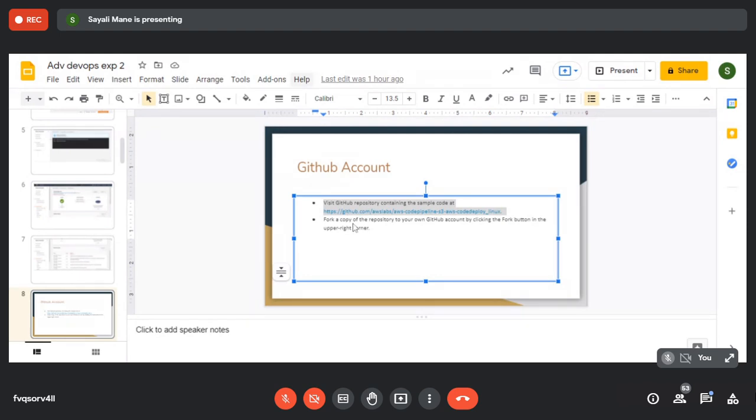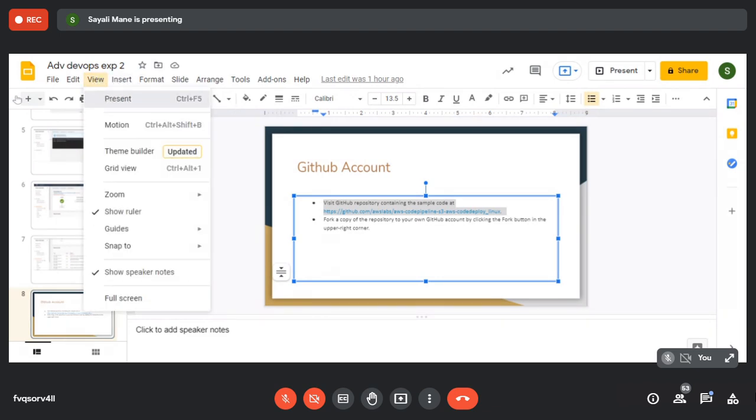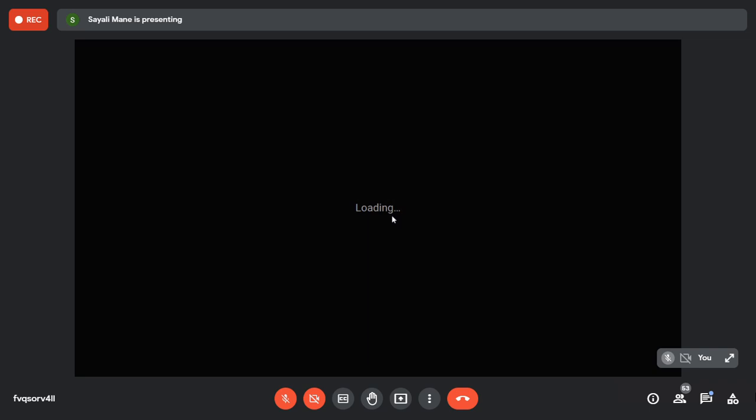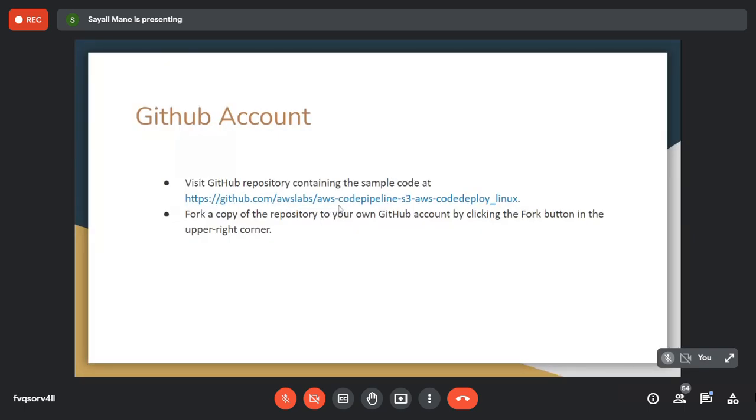Can you just search AWS dash code pipeline dash S3? This one. Open your GitHub account and please search this one: AWS dash code pipeline dash S3 dash AWS dash code deploy underscore Linux.